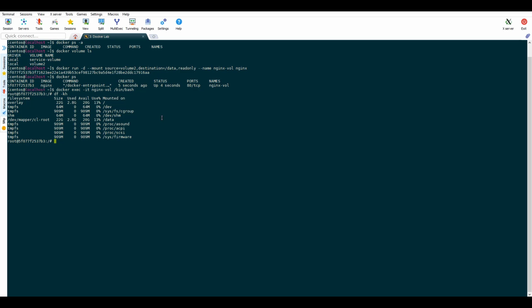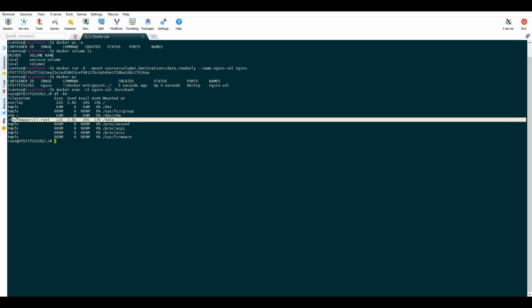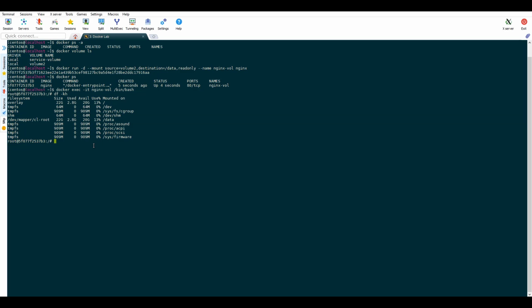As you can see, the data directory is mounted. Now we'll try to create a file inside the data directory. As you can see, it clearly says that it cannot create a file because it is a read-only file system.